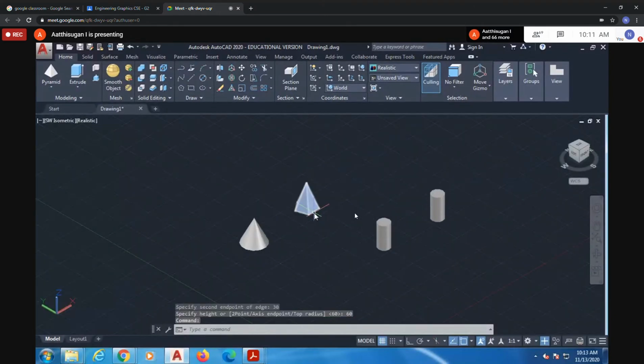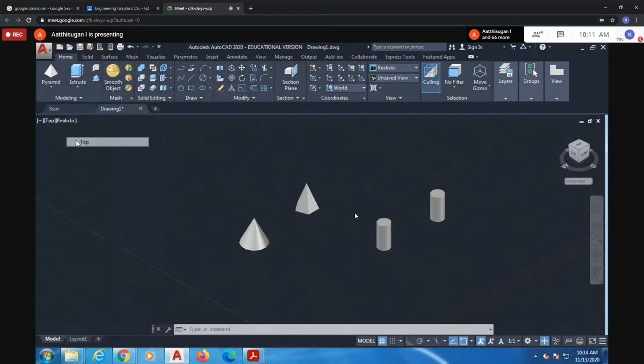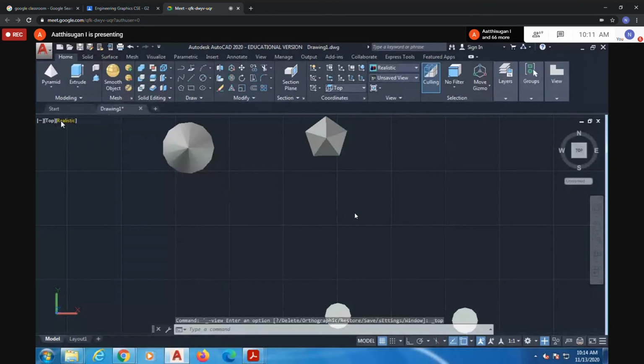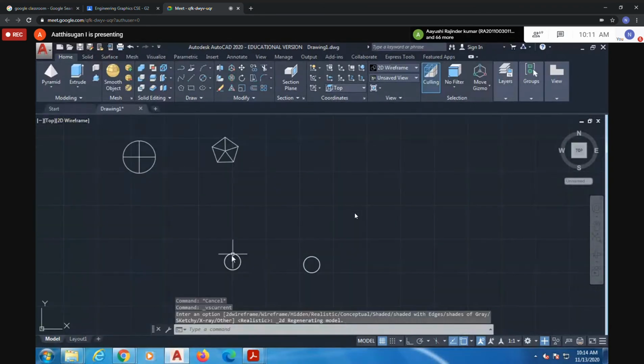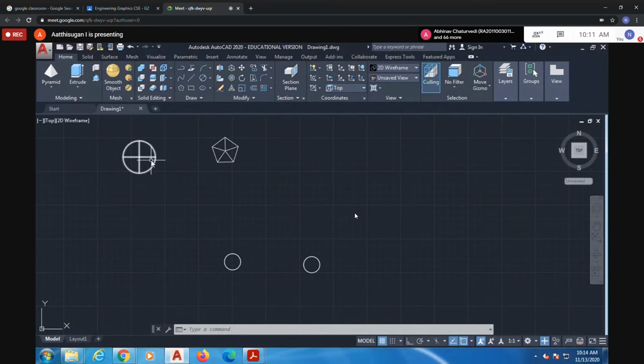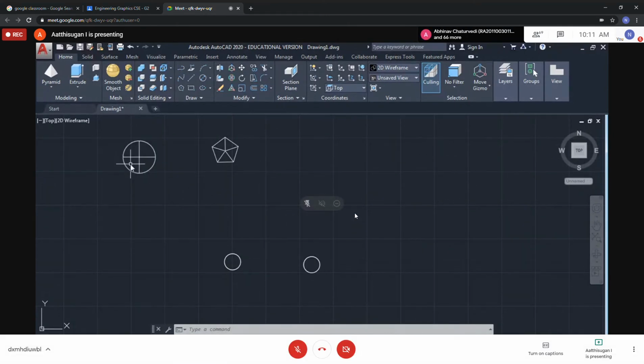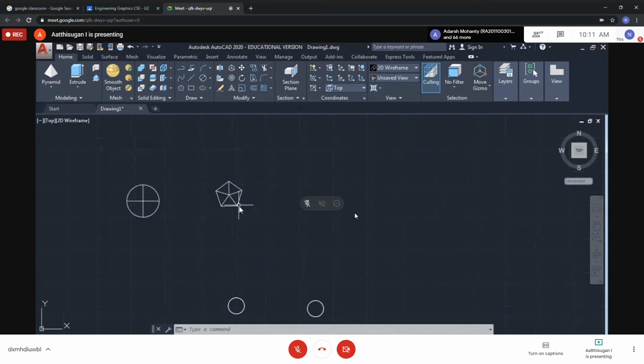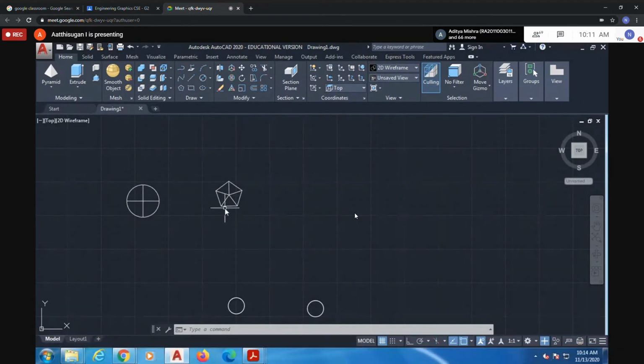So like this, I have drawn the pyramid. If you want to see the top view, change into wireframe. The top view of your cylinder is a circle. Your cone also looks like a circle. I am taking everything resting on the ground, so the top will be a circle for both. But here it is a pentagon shape. So what will be this condition? One side is parallel to the wall. This is the case.